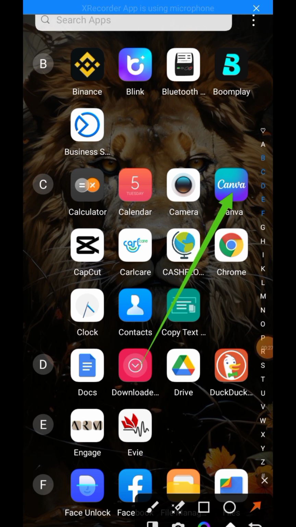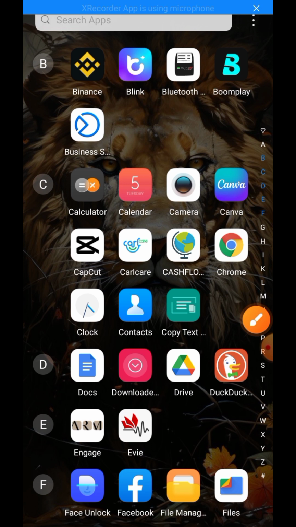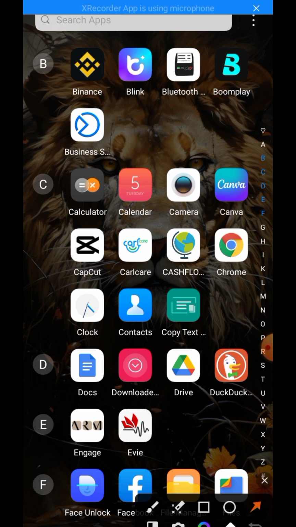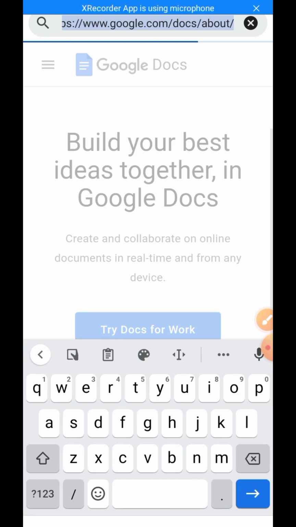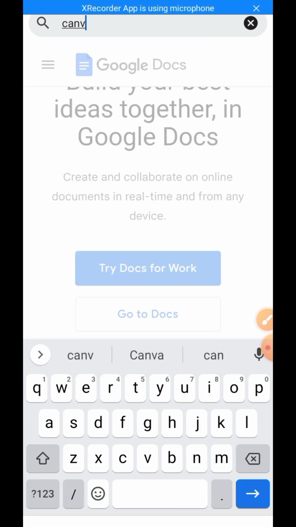You can download it from the Google Play Store, and it also has the website. You can browse it through your Chrome browser. Look at it. I already have the app installed, so if I go to my Chrome browser, all I have to do is type in Canva. Okay, canva.com,